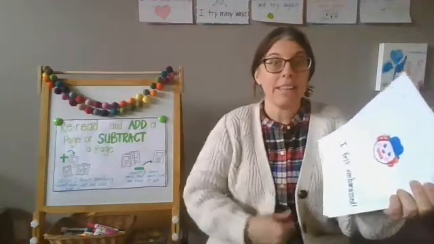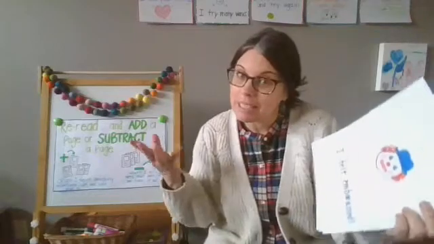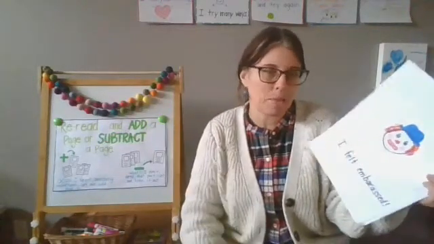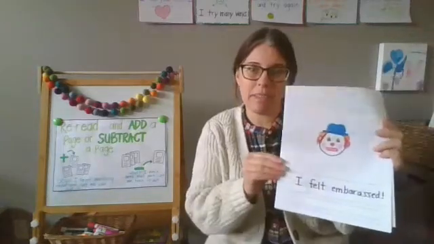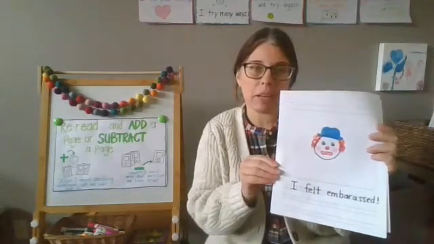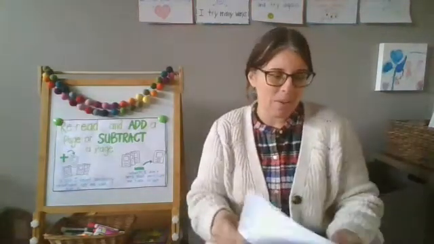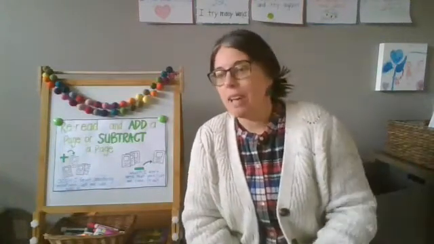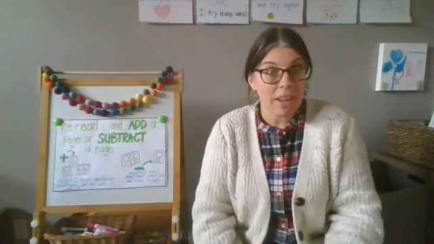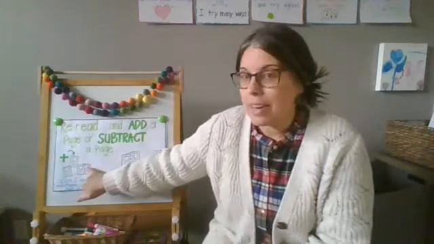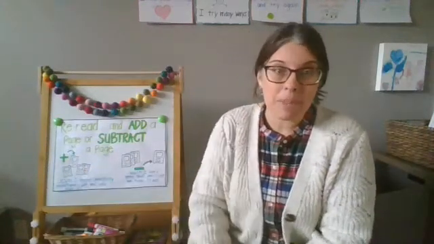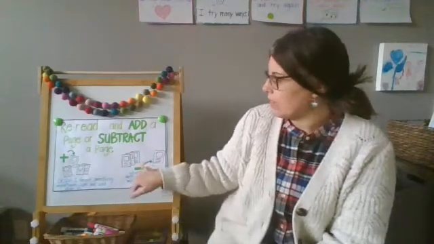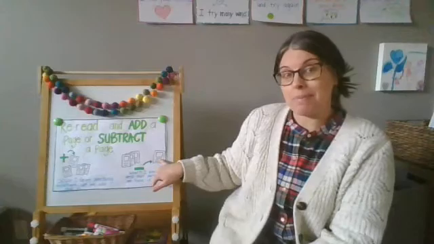I added in the important part of dressing up as a clown and wearing the costume to school, and I took out the part about my sister being a witch because that didn't need to be in this story. It just made it a little bit confusing. Okay, so when you're writing and you reread your story at the end, if you notice there's anything important that you left out, you can add in a page. If there's something in your story that you're like, wait a minute, I don't really need that part, you can take that page out. Okay?